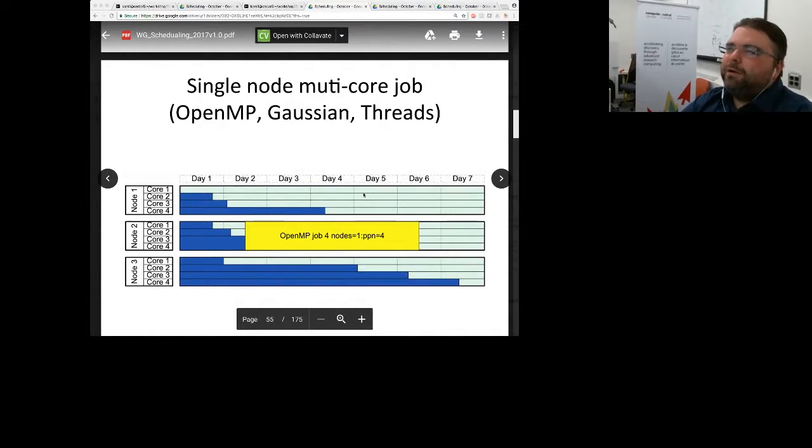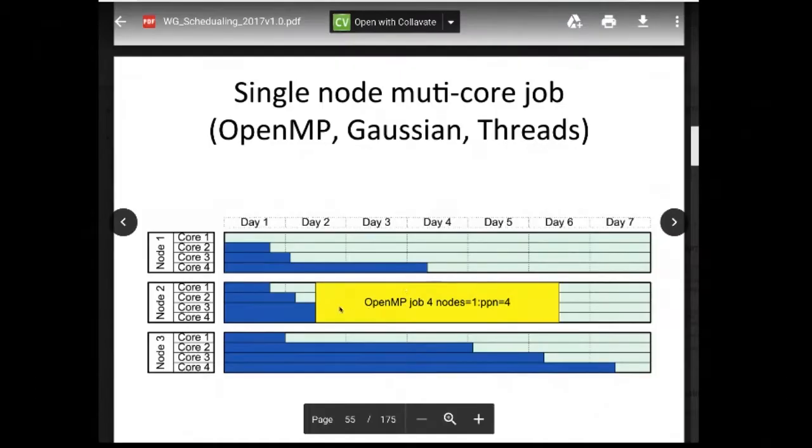Now we're going to go to a single node multi-core job. So this is often an OpenMP job. Gaussian is a common program that uses it. It's very popular among computational chemists. And there are programs that use threads. So here we see in this example,